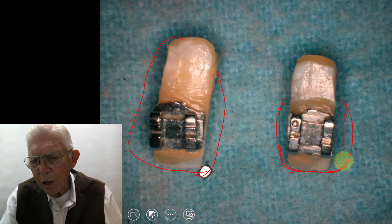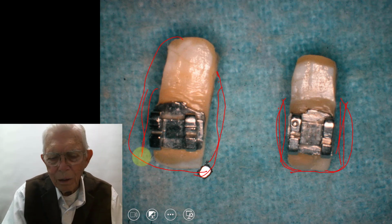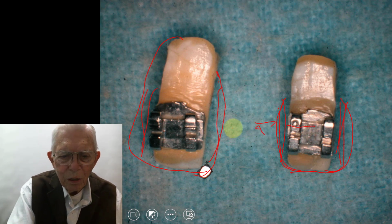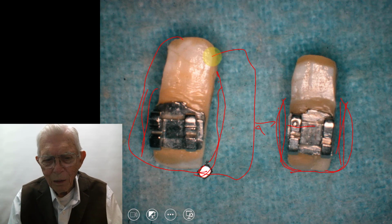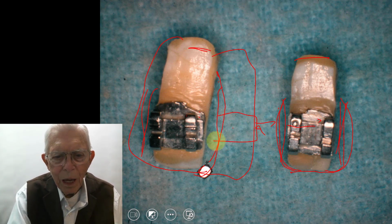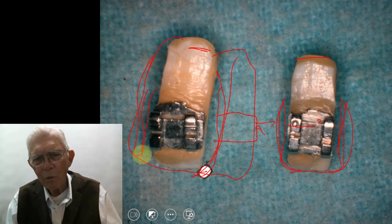And we just ground each central down, and every few weeks we'd cut it down, maybe a week or two or something, and keep pulling them together until we got these two teeth together right here, about like that, and that was right in the dead center. And when we got them to that point, we just took the two teeth out. You see, we cut the roots off and left the brackets and everything on them, and then we just took one tooth and bracketed it, and then we took that one tooth and ground it down so that he would run around